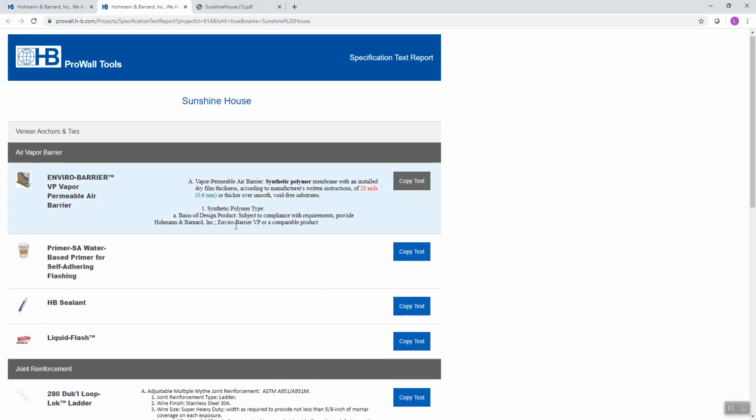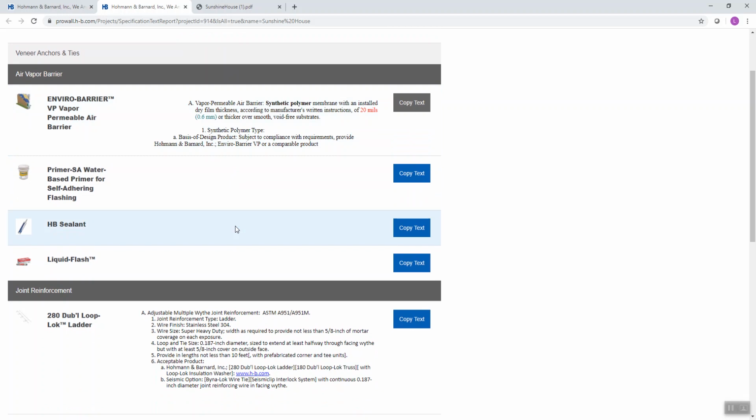I think some of the time we start to have these master specs that list stainless steel, flexible flashing, copper flashing, asphalt-based peel and sticks, EPDMs, and we give all of these options because they're all acceptable flashing options that you've done in the past, but now we're leaving it up to the contractor to decide what they want to use, when in reality we need to take some of this back over into our hands so that we can start to say, okay, I'm using spray foam, so I need to make sure that I'm using flexible stainless steel flashing so that I don't melt my flashing in the wall,